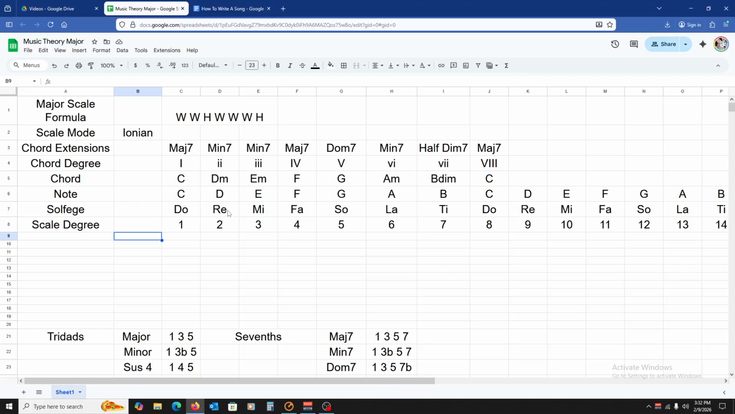So in the key of C, do is a stand-in for C, re is a stand-in for D, mi is a stand-in for E, fa for F, sol for G, la for A, ti for B, and then back to do again. And if you're familiar with The Sound of Music, which is a musical that came out in the 60s, I believe,